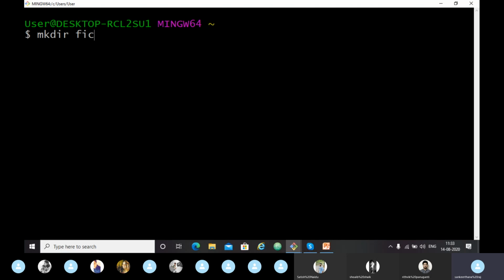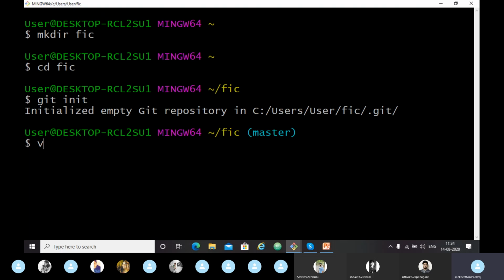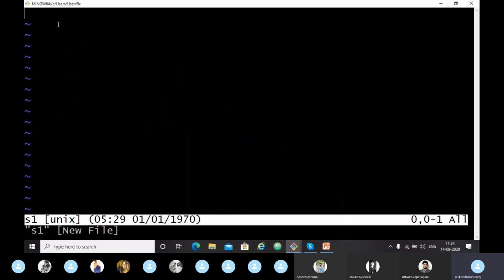Let's call it FIC. I'll cd fic. I'm initializing it, which means I'm creating a repository, git init. I'll edit the S1 file, vi S1.